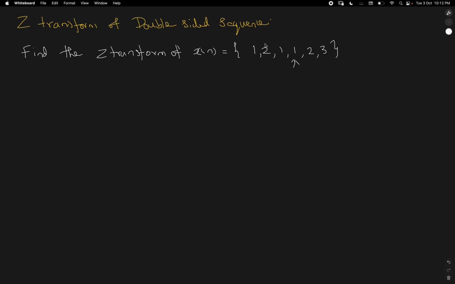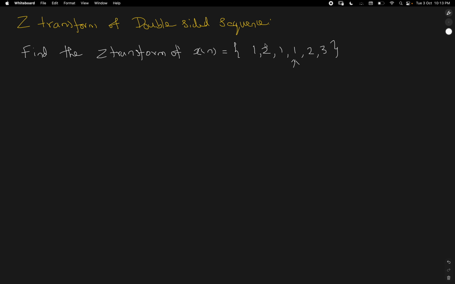The last topic of this video is to find the z transform of a double-sided sequence. So here we have to find the z transform of x of n, which is a double-sided sequence where x of n is equal to 1, 1, 1, 2, 3. Here the arrow mark is mentioned under 1. So the right side of the arrow mark is the values for n is equal to 1 and 2, and